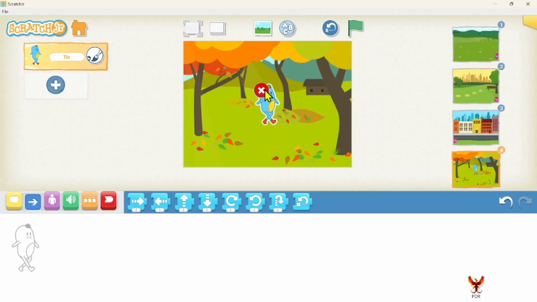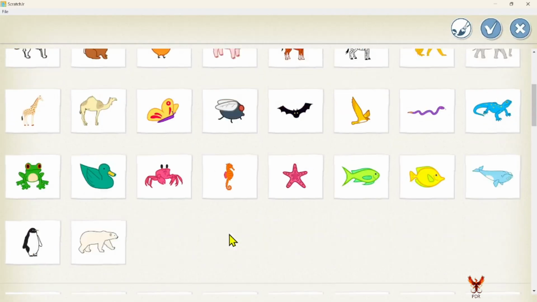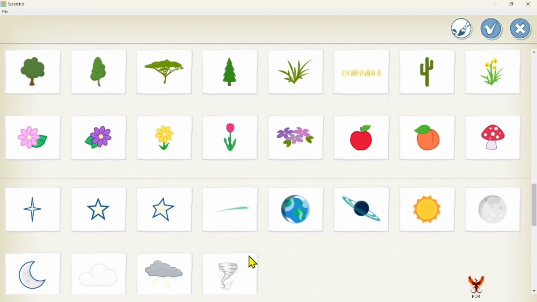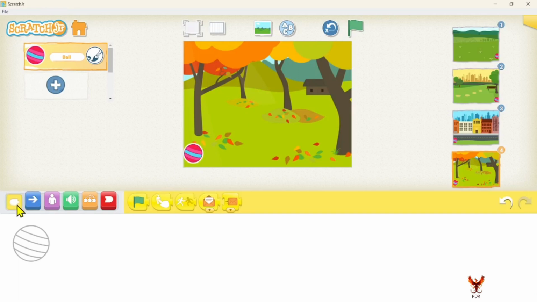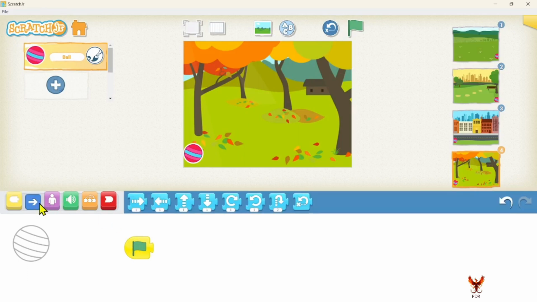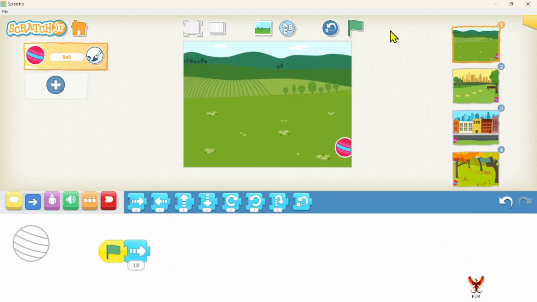page here and I'm going to add the ball and I'm going to be adding the same command. I'm going to say when the green flag is clicked, move right 18 steps. Okay, so now if you see here,